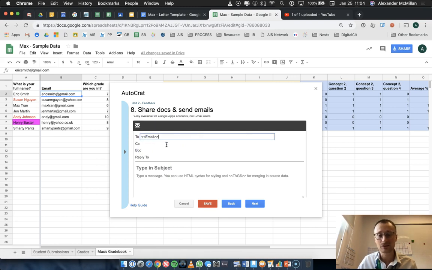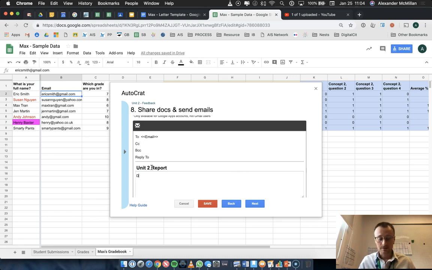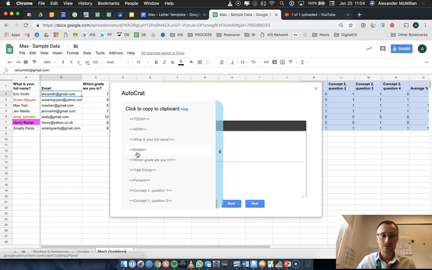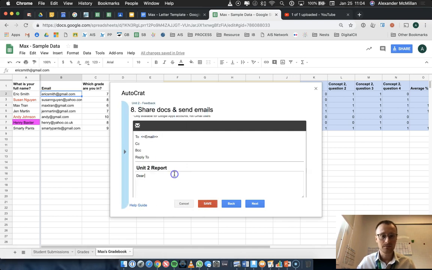And go ahead and paste that. So now it's just going to look up the student's email address and it's going to generate this email. So we're going to say Unit 2 report. And we can do a really quick little message. Dear, and let's insert the full name by clicking and pasting. Here's your Unit 2 report. Please have a look at it and notice what your strengths and areas for